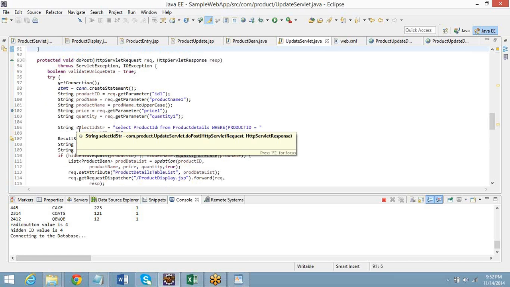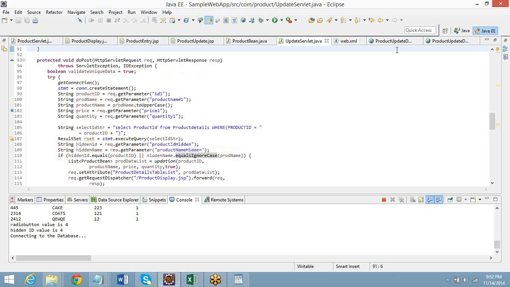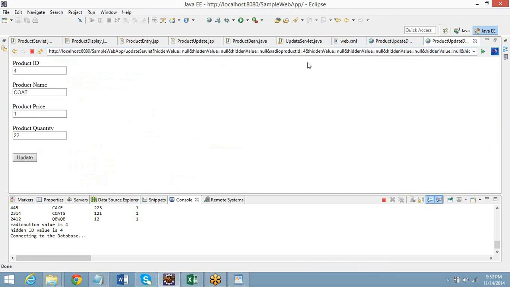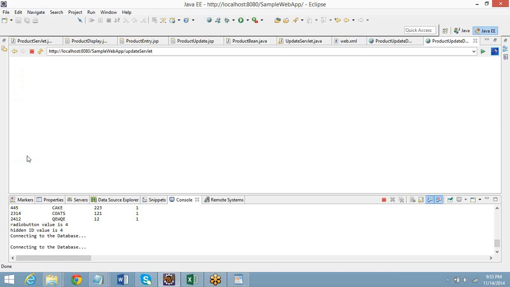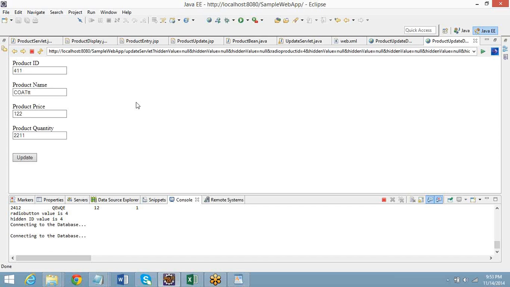Go to the application again, in the browser. Now change anything, whatever you want. Yeah, change it. Click on update. Now you are going to insert a record, right? Oh, I updated it. Is it okay? Should I go back? Wait, don't go back. Wait a second. Why didn't it go?